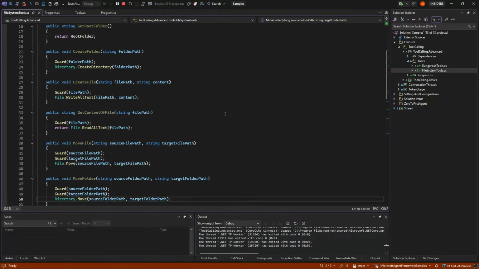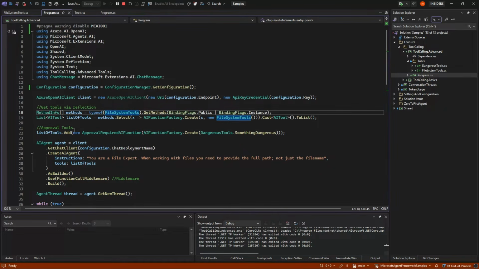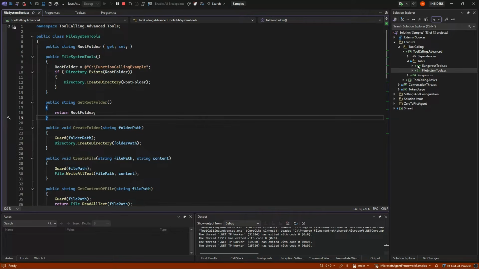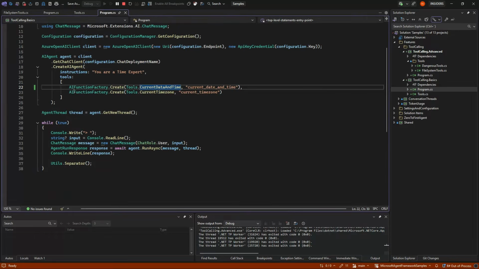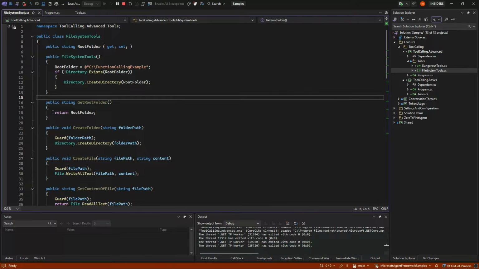But let's see how this works. It's just as we did in here before with the basic stuff. But because I have so many tools in here, I didn't want to make these lines myself. So it's fairly simple, because if we look here, there are instance methods in this case, so that would also have been a problem.